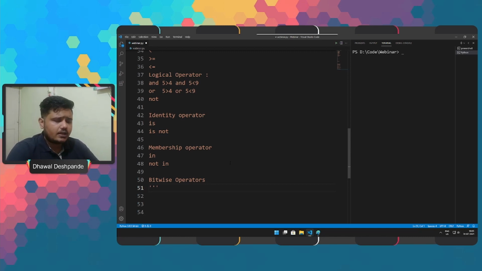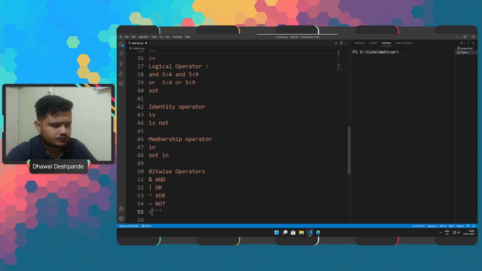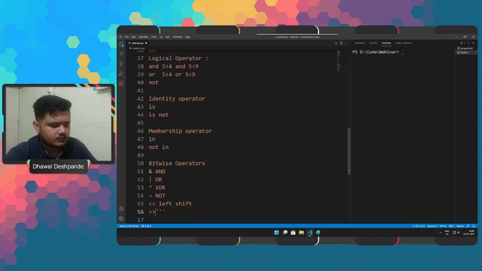And the operators are and, or, XOR, not, left shift, right shift.